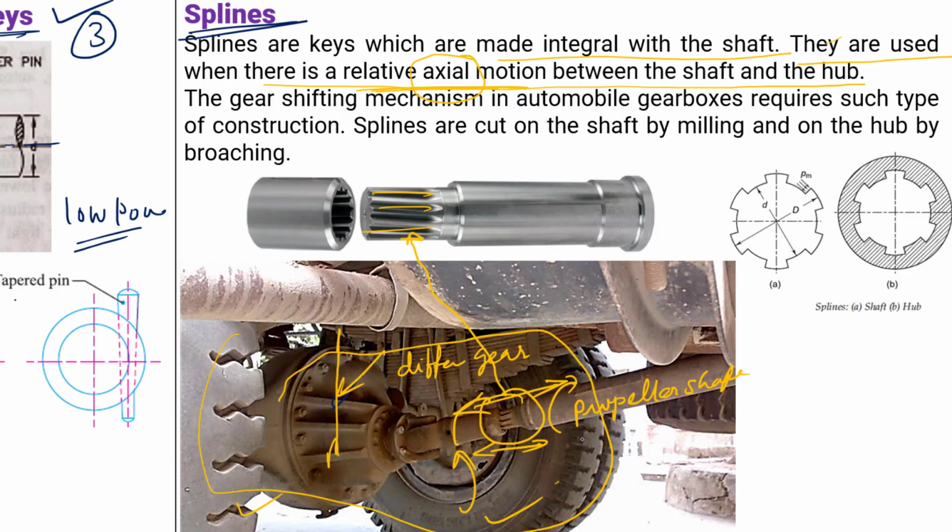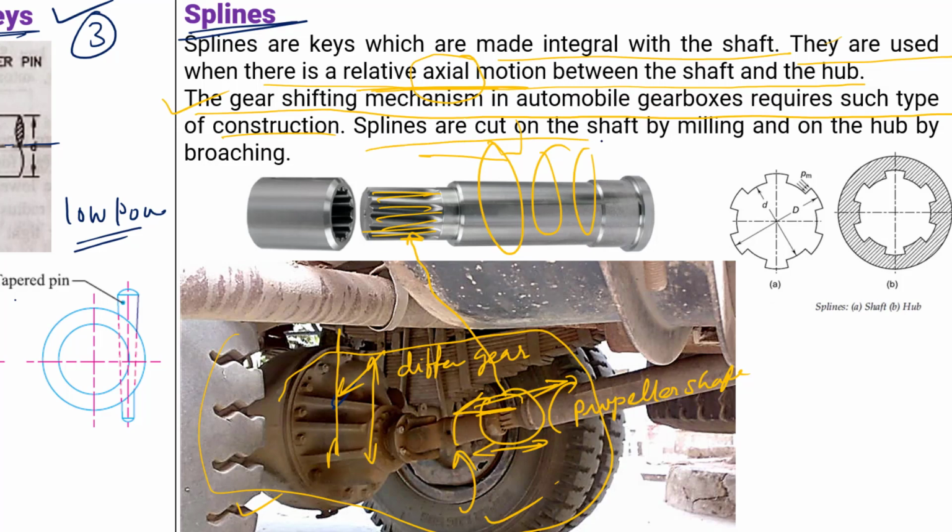That is the power transmitting capacity, and second, it is allowing the up and down movement of the wheels that results in axial movement. Okay. Now the gear shifting mechanism in an automobile gearbox requires such a construction. Splines, yes, this is also an example, right? अगर आप gear जो shift करते हैं तो वहाँ पे एक शाफ्ट पे 2-3 गियर होते हैं. तो when you shift this gear, this gear is moving left and right, so it is shifting on these kinds of slots which are referred to as splines.